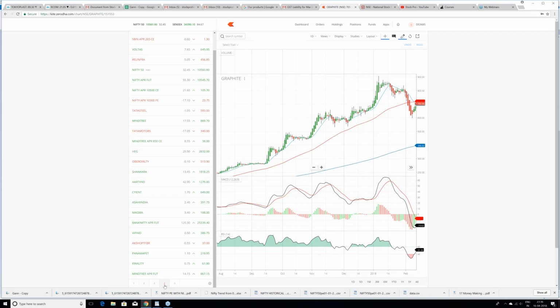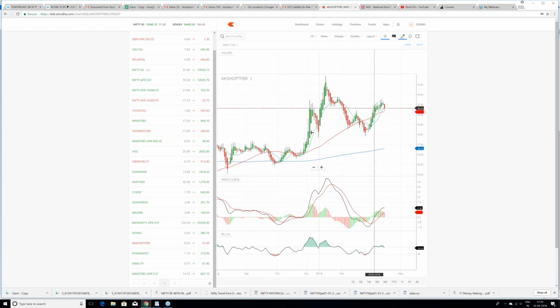You can take Shankara, and you can take Aksh Optofiber, which is also a very, very good stock. It's a penny stock. You can also trade it, and you can definitely enter into it, right? Scient you can trade with